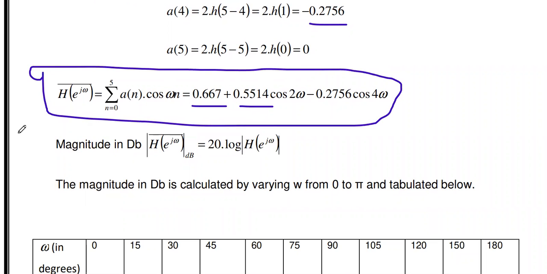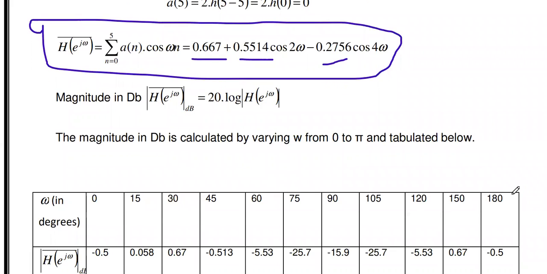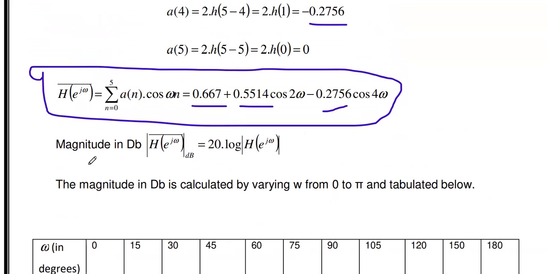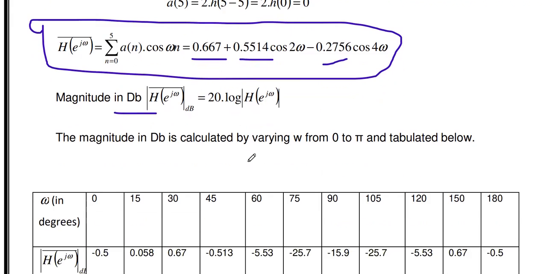Then if we want to draw the graph for the magnitude response, we have to find out the value of this equation for various values of omega. Okay, so omega between 0 to 180 degrees, that is 0 to pi. For various values, we have to substitute in this formula and find the answer, and for that answer, we have to draw the graph. Usually the magnitude value is calculated in dB. So if you want to convert this magnitude value into dB, you have to take 20 log of that particular answer. Okay, so you make a table.